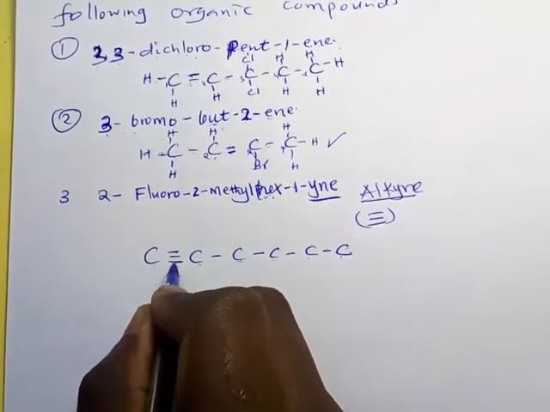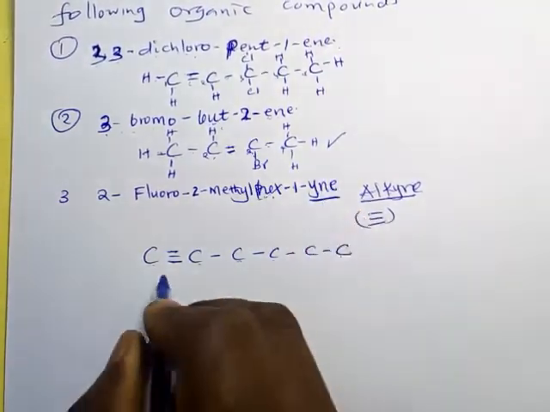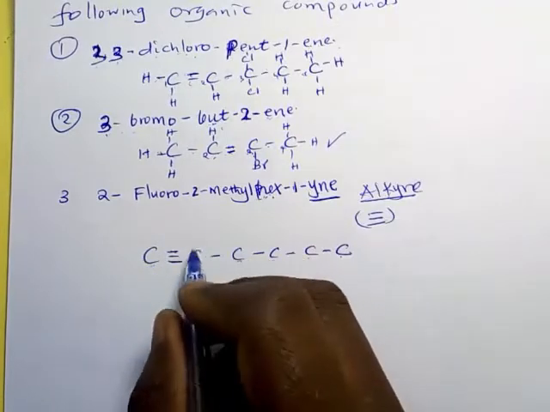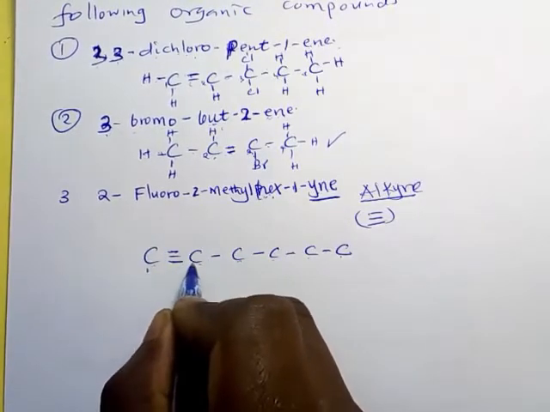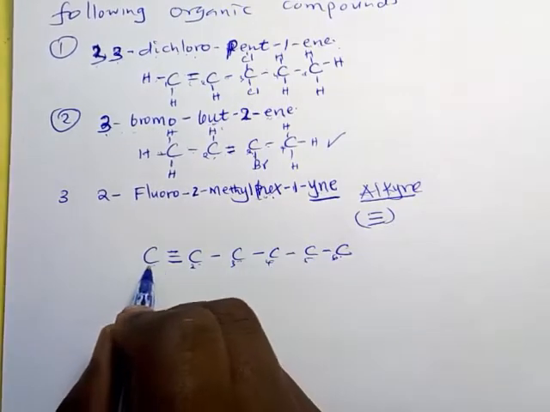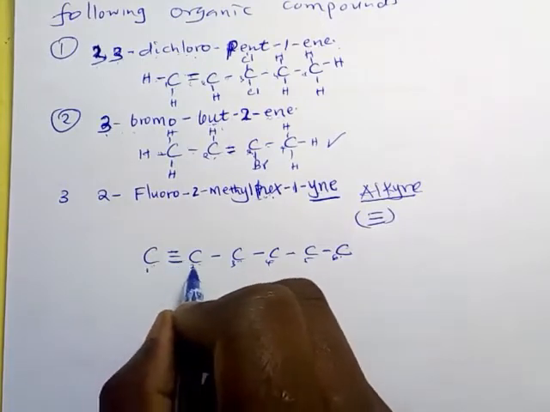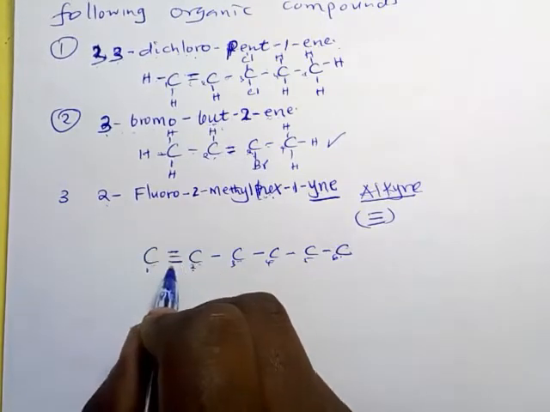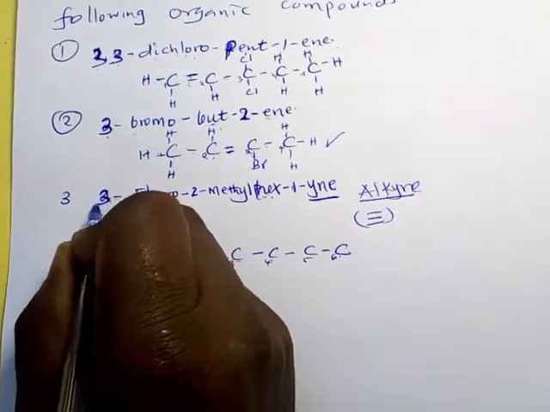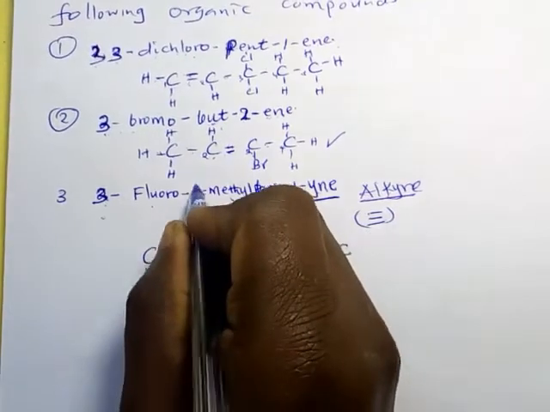Hex-1-yne, the triple bond is on carbon number 1. So we have it there. And then 1, 2, 3, 4, 5, 6. On carbon number 2, we cannot have a substituent. I think there's something wrong because this one is already full. So on carbon number 3, 3 fluoro, and on carbon number 4,